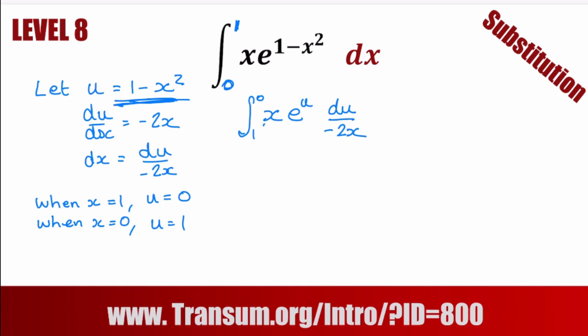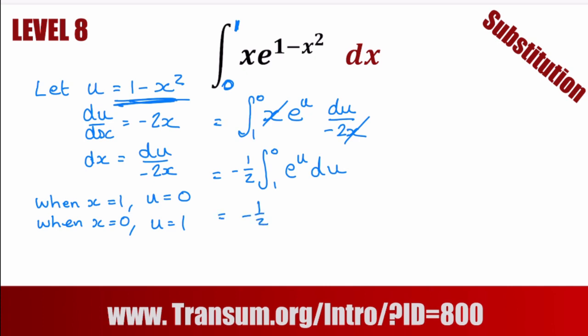Okay, the nice thing is now that those x's will cancel. Let's bring that minus 2 out of the front and make it minus a half. The integral between 0 and 1 of e to the u du. How easy is that? So that's equal to